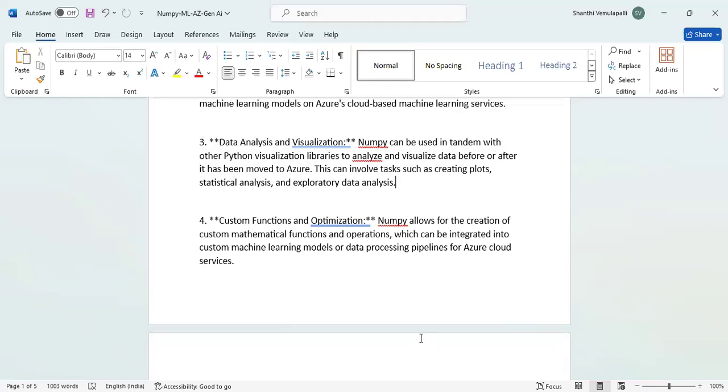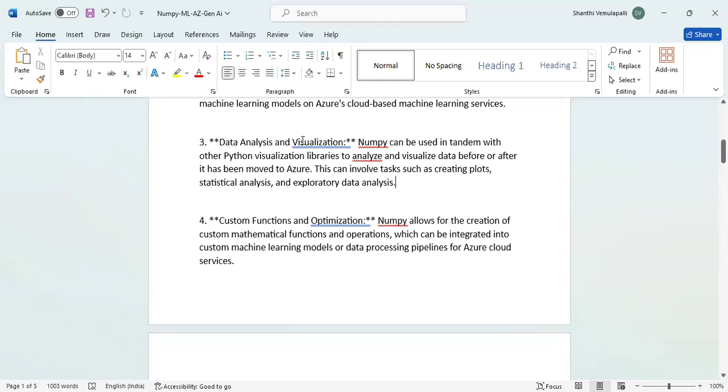But it has different libraries for different business functions. So it can create dashboards also with a few code snippets. The same way, NumPy also has similarity with Python libraries. So once the data is moved into Azure with NumPy, you can display it in dashboards also.